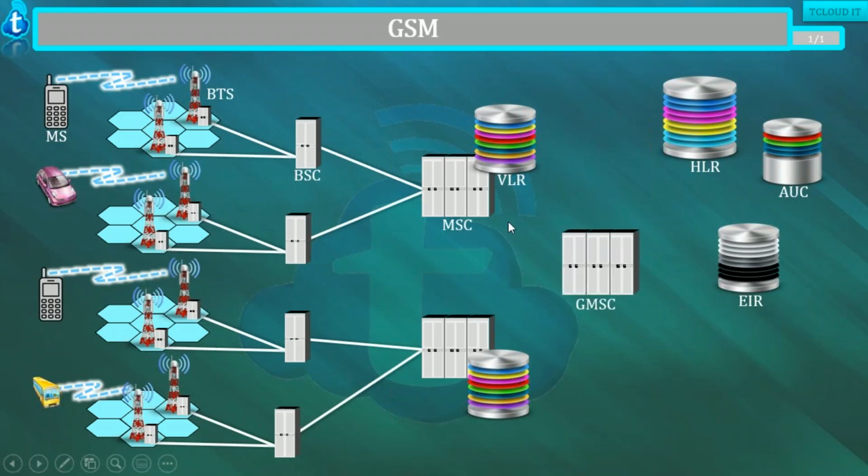And then what do we have? We require one more component called a GMSC, Gateway MSC, when you have to lead the calls out of this network into the external networks. That means if you consider these two MSCs are part of one operator's network, and you are trying to make a call from that operator network to another operator network,